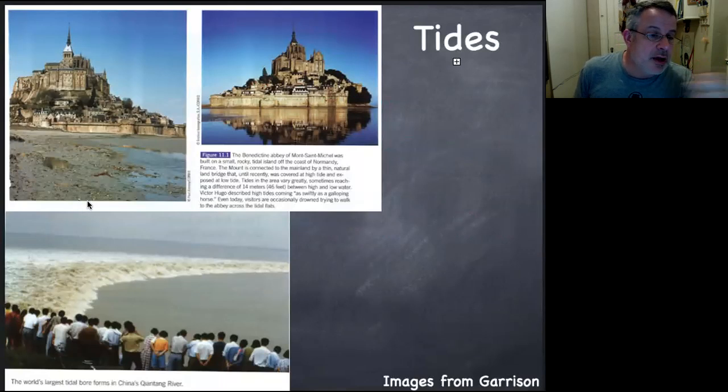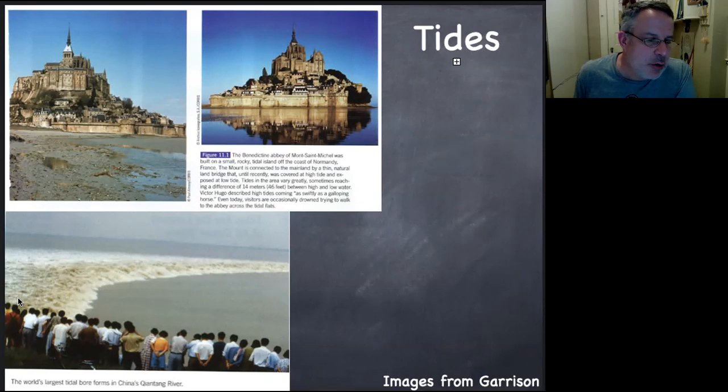Tides. So here is Mont Saint-Michel in France, which is a famous place to go and check out the tides, because the road is only open at low tide. You basically take a bus in, you get locked up until the tide comes in and then goes back out, and then you leave. So all visits there are 12 hours long. It's kind of interesting. Obviously that offers some protection, but it's also just a beautiful place.